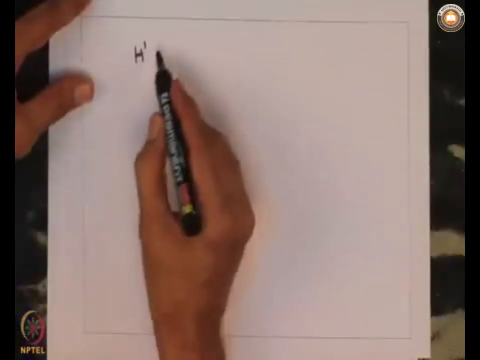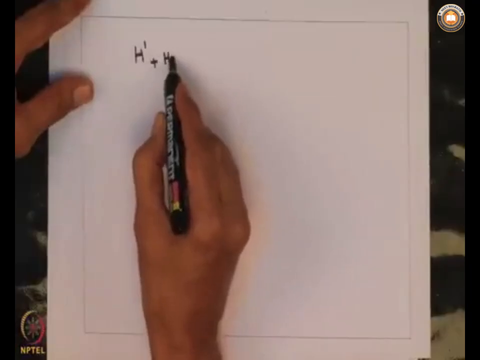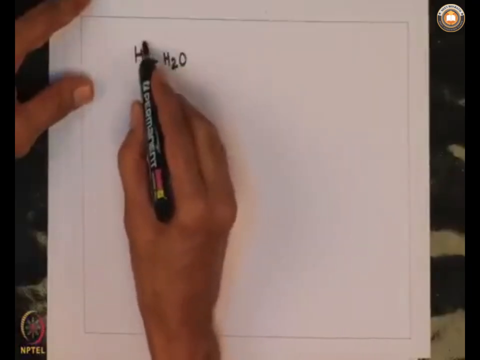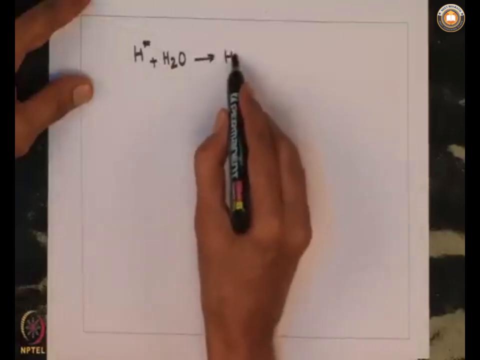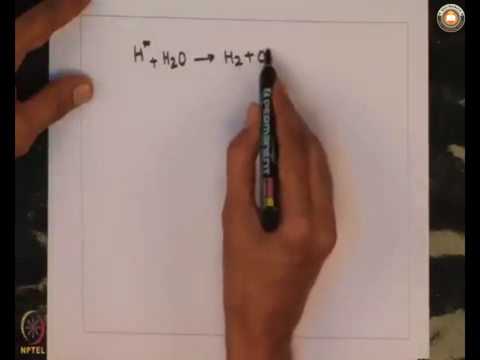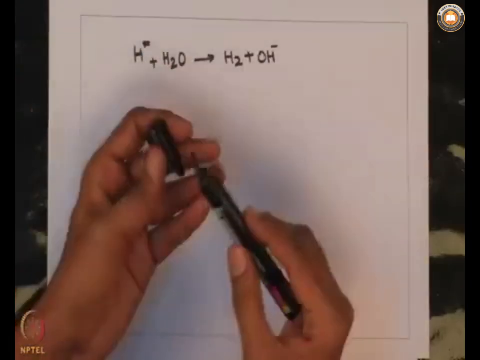As a result, the addition of 1 electron would be much easier compared to the addition of 1 electron to hydrogen to make it H minus, and further, halide ions are stable in water, whereas hydride ions are readily hydrolyzed. For example, if you take H minus and add water, it gives readily H2 and the formation of hydroxide can be seen.